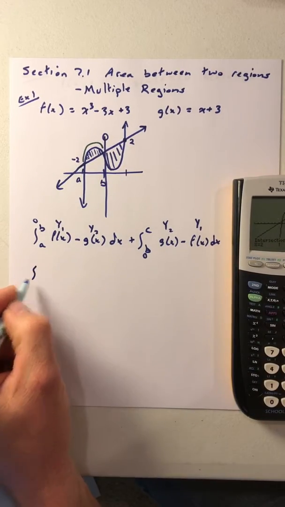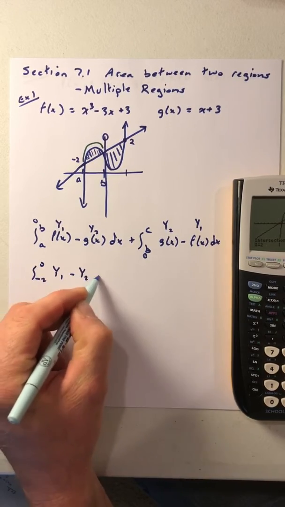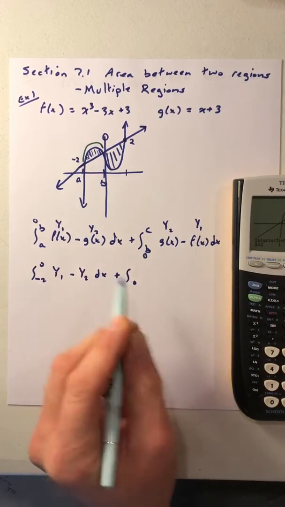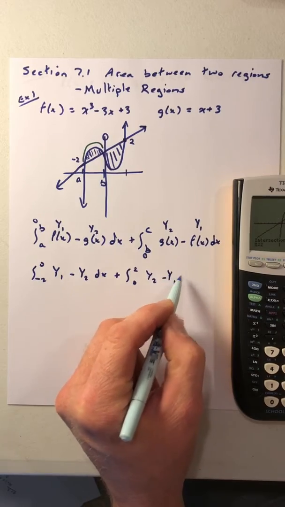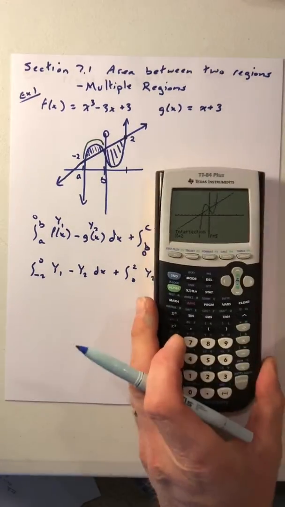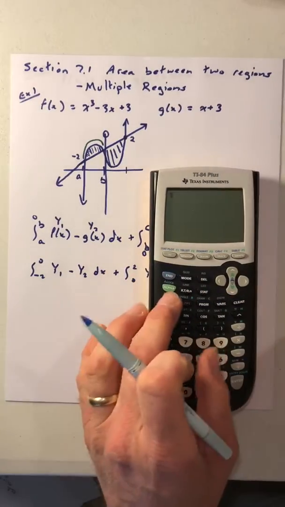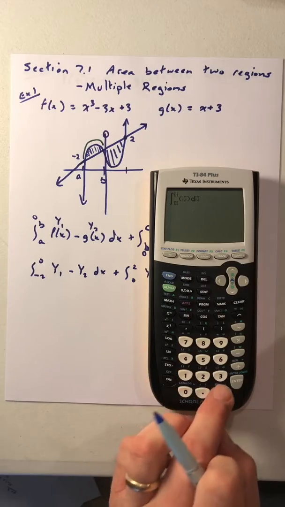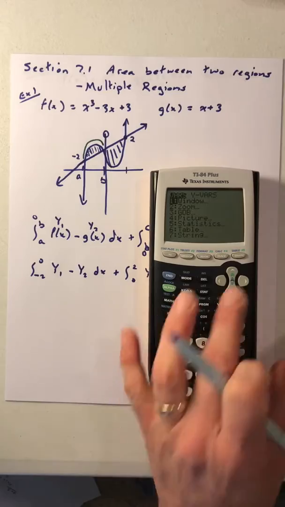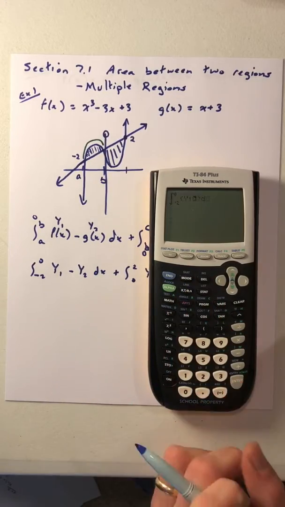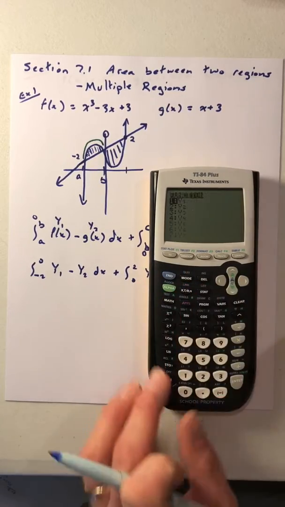So what are we looking at? We're looking at the integration from -2 to 0 of y1 minus y2 dx, plus the integration from 0 to 2 of y2 minus y1 dx. We can do our math 9. Clear first. So our math 9, we can go -2 to 0. Remember our vars, y vars function, y1 minus vars, y vars 2